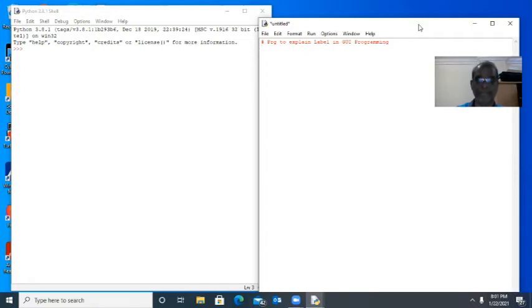That's all. The first step is to import tkinter: from tkinter import Label. This is case sensitive, so we must import Label exactly. Label is a class which is available in the tkinter module.